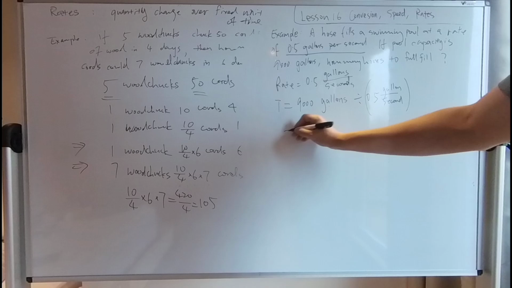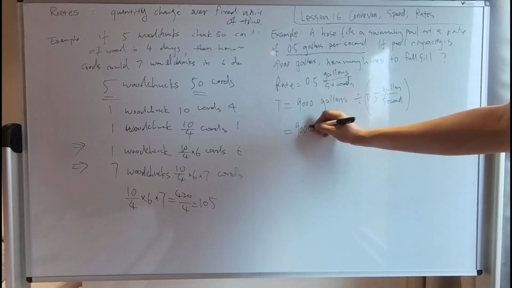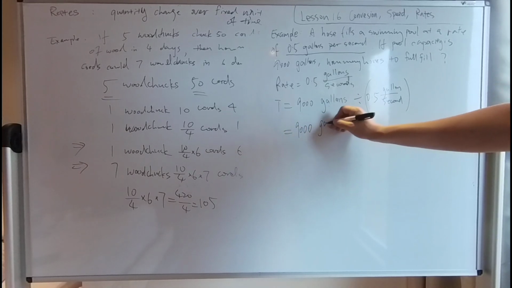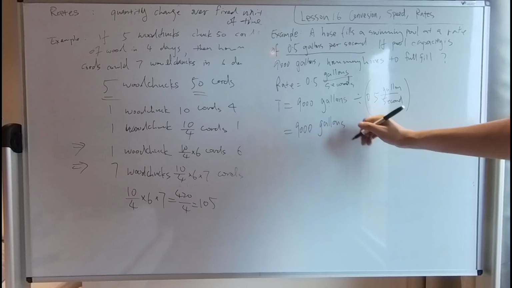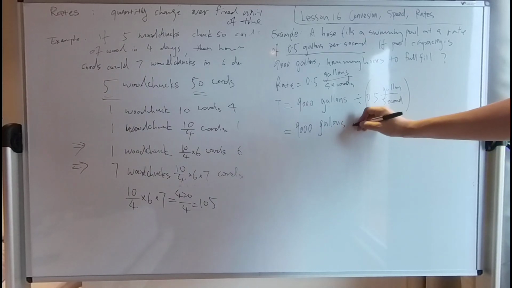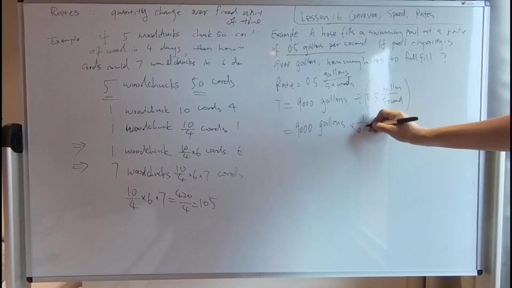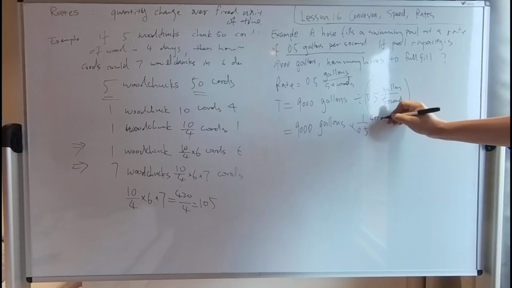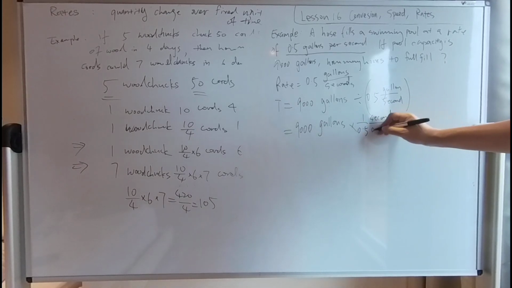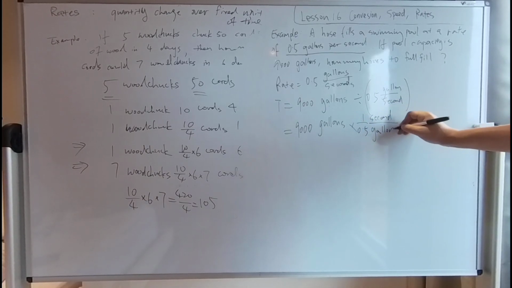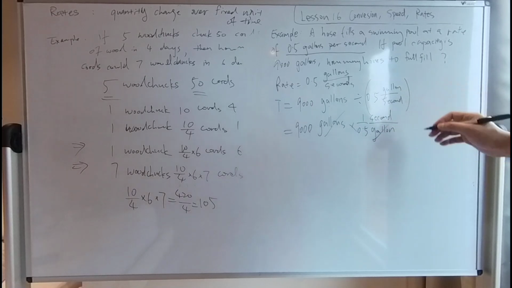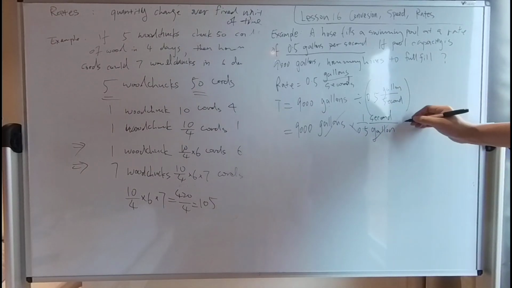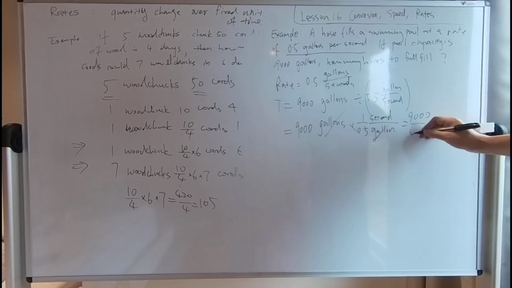This is in order to cancel out the units and help me to determine how I should deal with the ratio or the conversion rate. Now it becomes second over gallon. Gallon will be cancelled out, and what's left eventually is the unit of time. That's what I need. 9,000 over 0.5